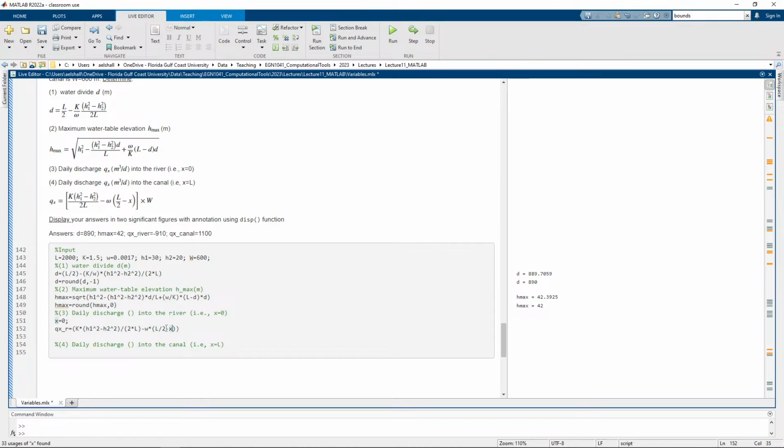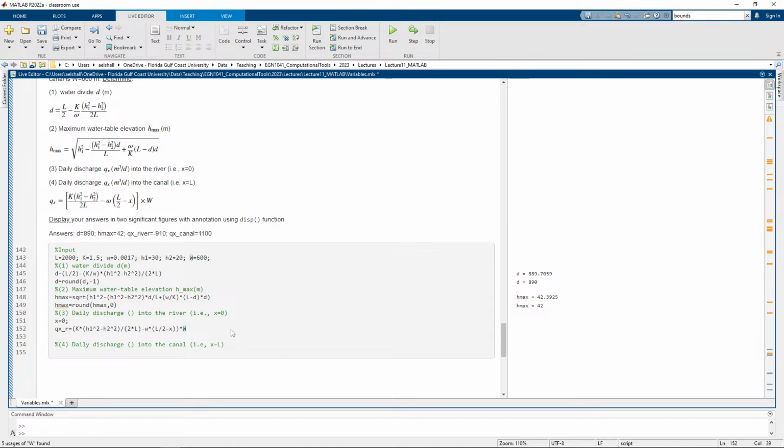Do I need a parentheses here for L over 2? If you are in doubt, just put a parentheses. But here I don't need a parentheses, because the division has precedence over the subtraction. So the computer will come here, it will first do this division, then do subtraction. So I don't need a parentheses, but if you are in doubt, it doesn't hurt to put a parentheses. Okay, then I will make here times W, and that would be